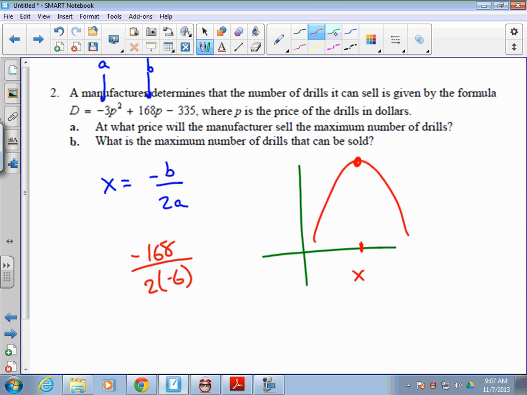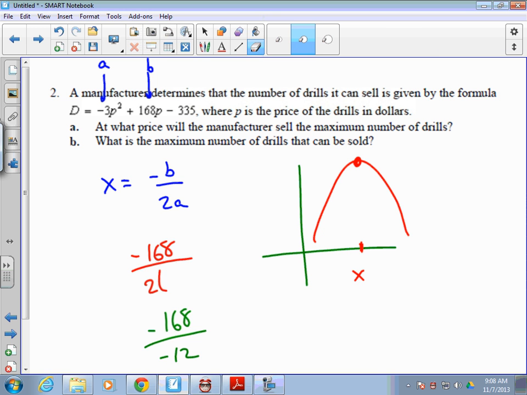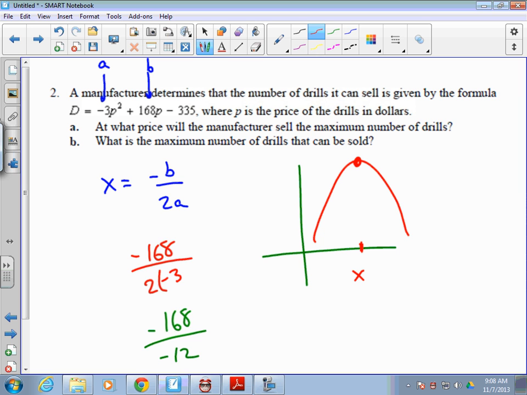So we're going to have a negative divided by a negative here, or a negative 168 divided by a negative 12. Oh, thank you. I jumped ahead, and in my brain I did 6, because that's what it's going to come out to be. All right, so 2 times negative 3 gives you negative 6 here. So negative 168 divided by negative 6